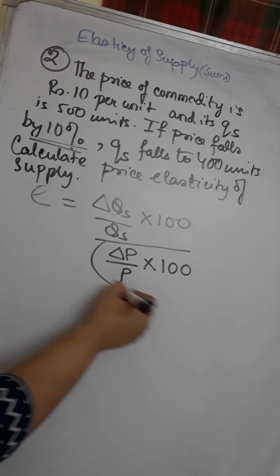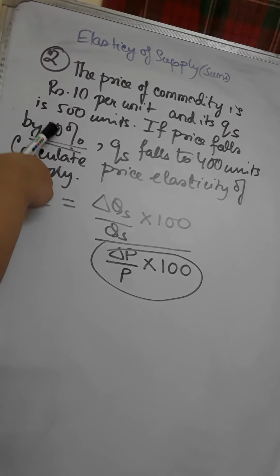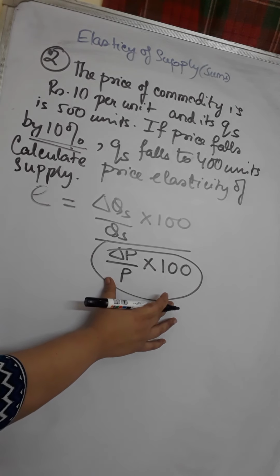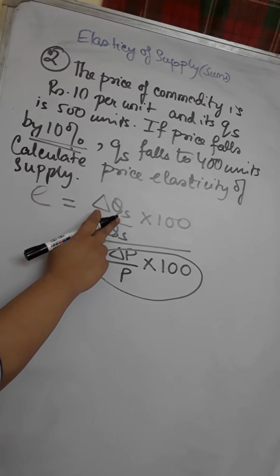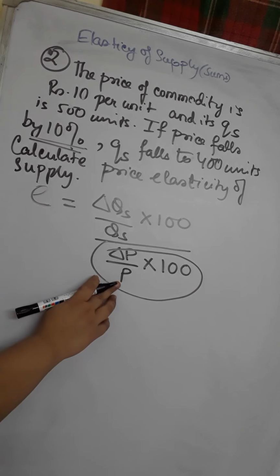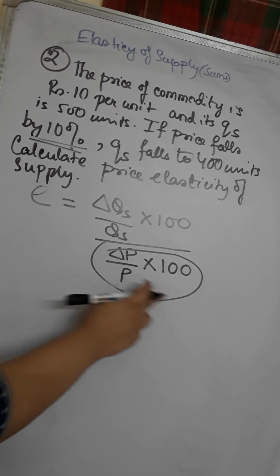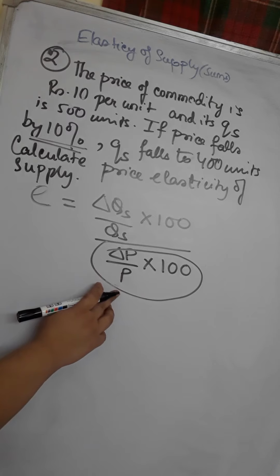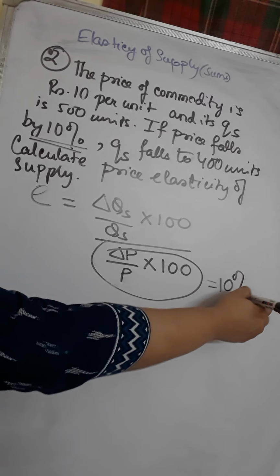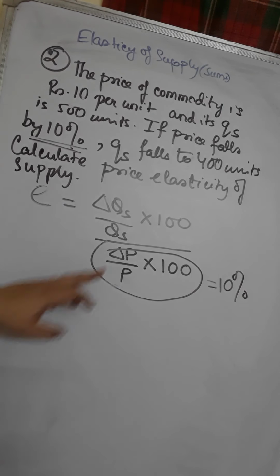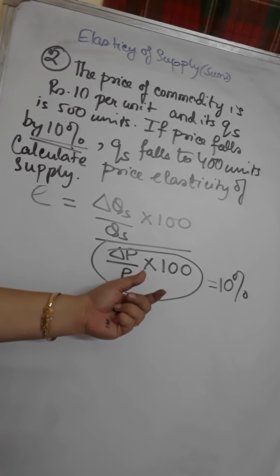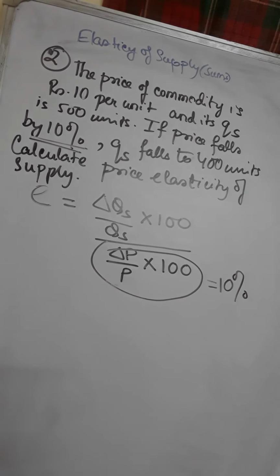Now this entire thing can be replaced by 10%, because what is the meaning of elasticity? Percentage change in quantity divided by percentage change in price. So this is a mathematical formula, percentage change. If we know the entire thing, its value is already given as 10%, then what's the need of the final price to measure the change? We don't need it, and we are not required to find it out, rather we are given the value.